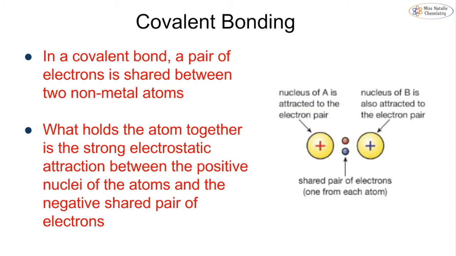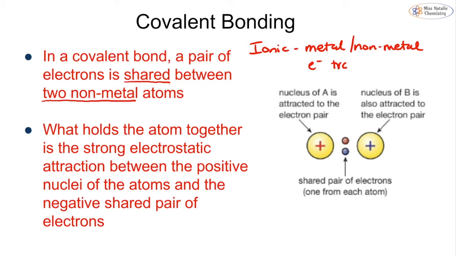Well, the difference between a covalent and ionic was ionic had a metal and a non-metal. For a covalent, we are looking at two non-metal atoms. And this time, instead of transferring, the electrons are shared. So for ionic, we had a metal and a non-metal, and the electrons were transferred. For a covalent, the electrons are shared, and we have this between two non-metal atoms, and we get a strong